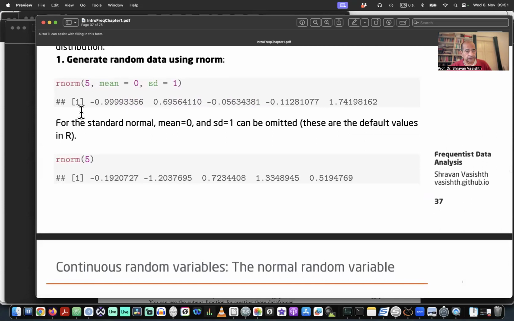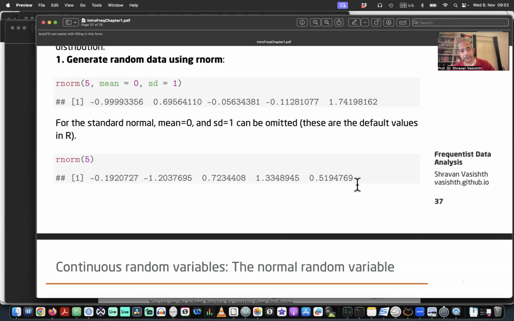Now, remember that in all these R functions, there are some default values set in the function itself. So in the DPQR family of functions for the normal distribution, the mean and standard deviation are by default set to the standard normal because it's used so frequently. So that's why I could just write rnorm(5) to generate 5 random data points from the standard normal